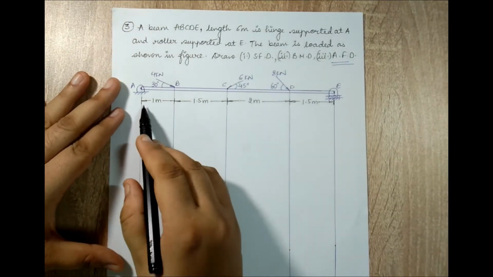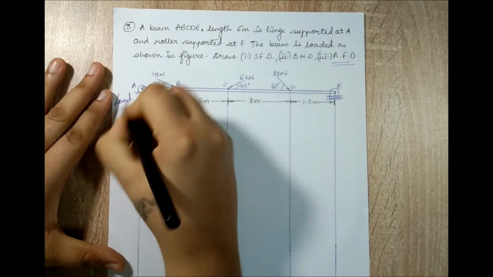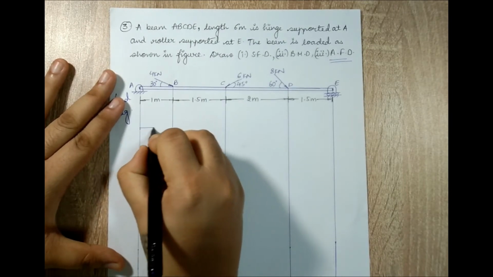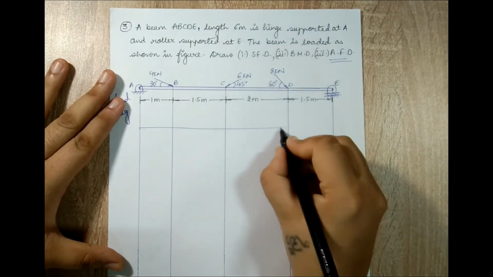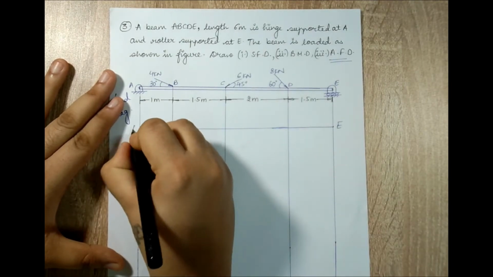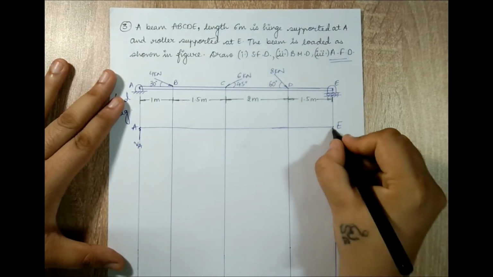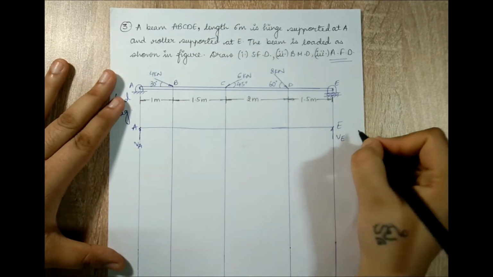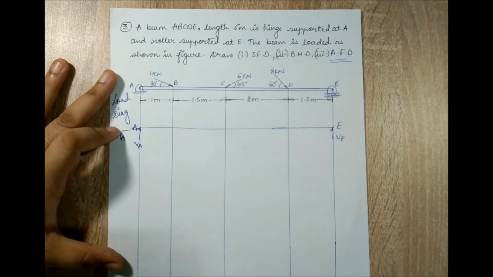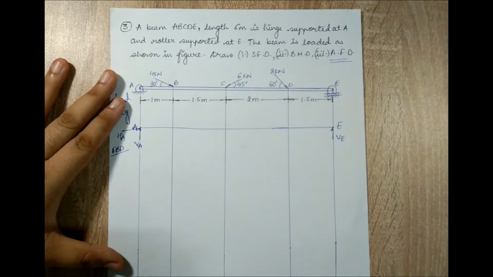So, first thing that I'll do is I'm going to draw the FBD for this load diagram given. So, this is my load diagram. I'll start with the FBD. At point A, since it is hinged, I'm going to draw one reaction VA. At E it is roller, so I'll draw VE. At A also there will be HA coming into picture. I will draw the direction towards the right. Later on, if I get a negative answer, obviously the direction is going to change.